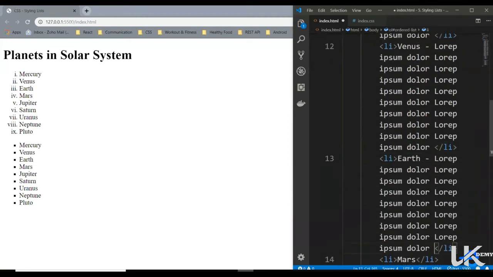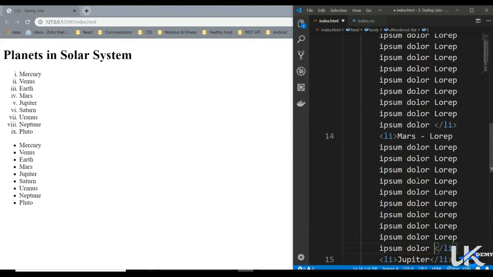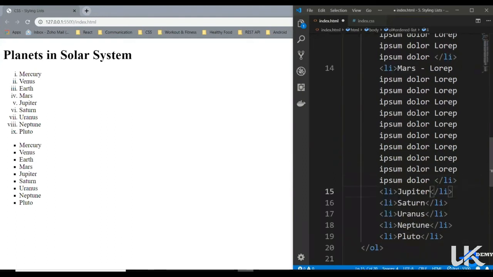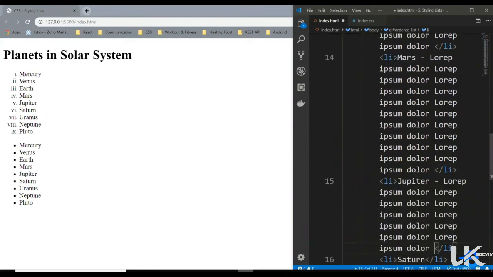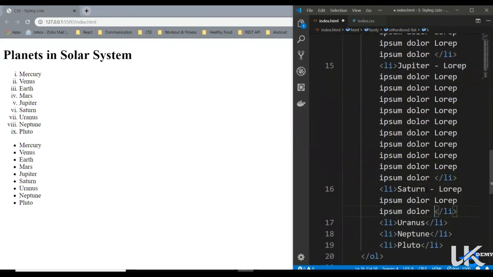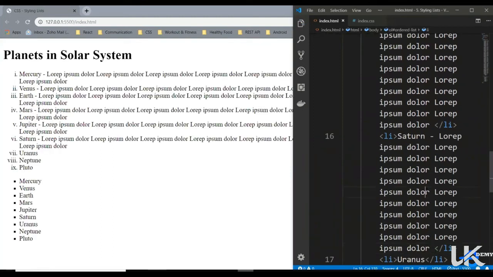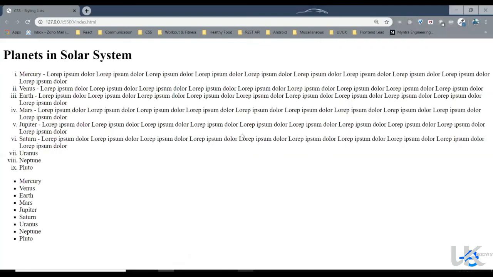Similarly here. Let's save it. And as you can see, now our list is in 2 lines.